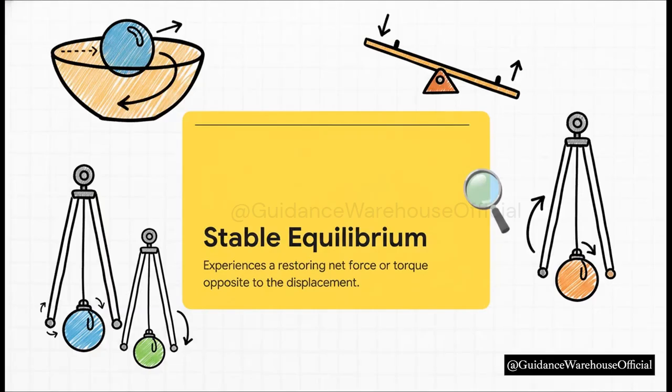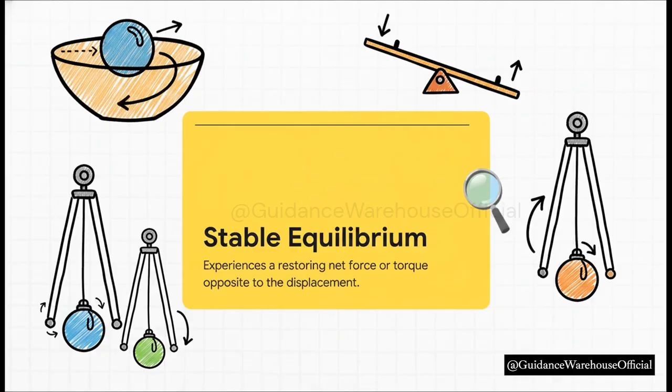So to figure out why you can't beat that wall challenge, we first need to look at 3 specific states of balance. Let's kick things off with the most forgiving state, stable equilibrium. The technical definition here is a system that, when displaced, experiences a net force or torque in a direction opposite to that displacement. Honestly, just think of it as a built-in restoring force. If you push the object, physics creates this counterforce that wants to pull it right back to safety,